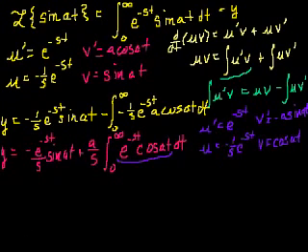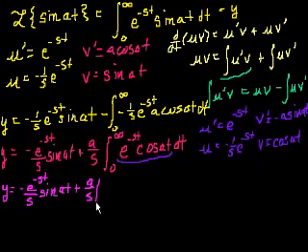So let's substitute that back in, and this is going to get hairy, unless actually it already is hairy. y is equal to minus e to the minus st over s sine of at plus a over s times, okay, integration by parts, uv, so that's minus 1 over s e to the minus st times v, cosine at, minus the integral